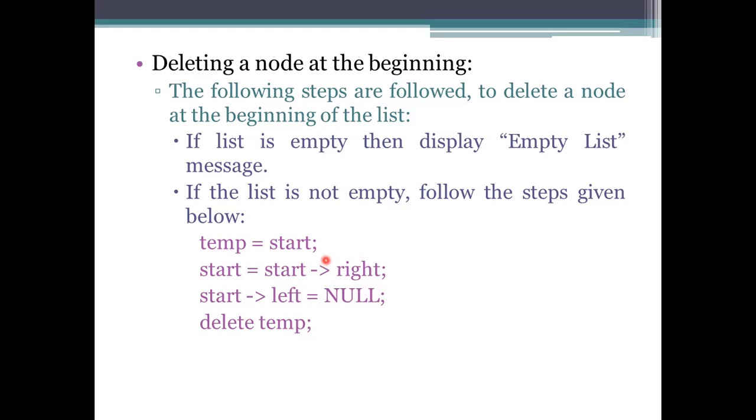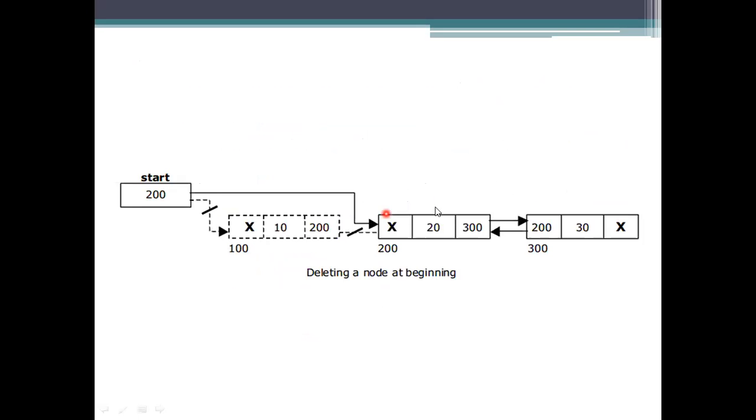So now the start's right value, 200, will be given to this one, and we need to make the new start's left a null. Why? Because it is a starting node now. If you are giving such a representation, we need to consider that it doesn't have any predecessors. If you are not doing like this, it will be considered as if there is a link there, and this link won't have the data. It will be searched as if the element exists there itself only.